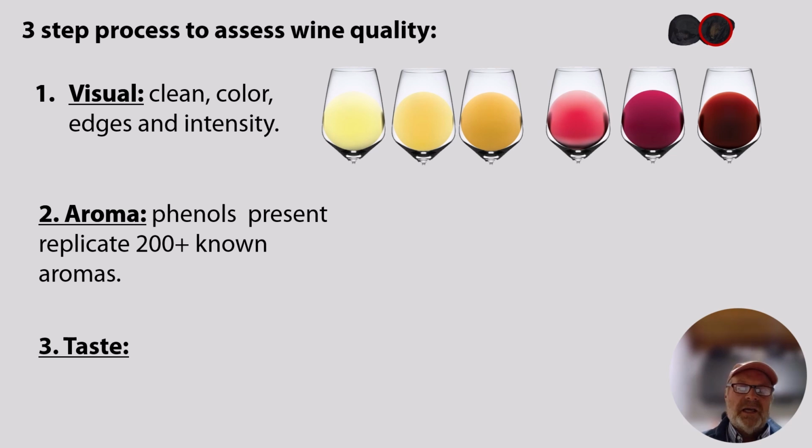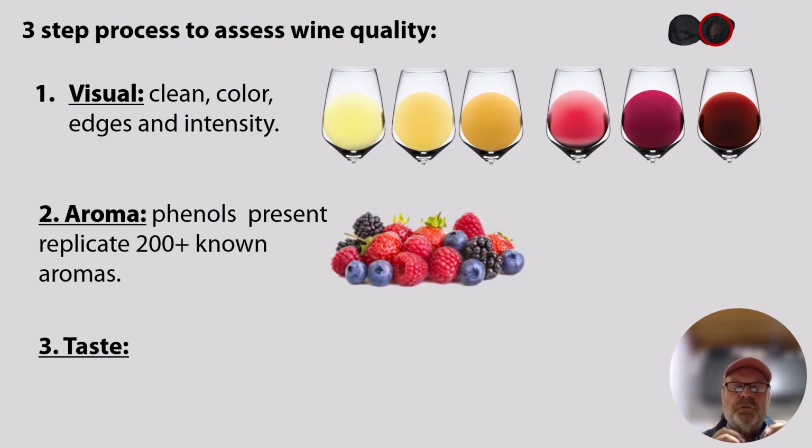In aromas, we are trying to detect some of these 200 plus aromas that are present in wine. For example, in a red wine, we're going to find very typical aromas of red berries: cranberries, blackberries, raspberries, strawberries. Any of these aromas are very typical of red wine. For example, Cabernet Sauvignon, Napa, or a Cabernet Sauvignon in Maipo Valley, they would be normally very intense, especially in